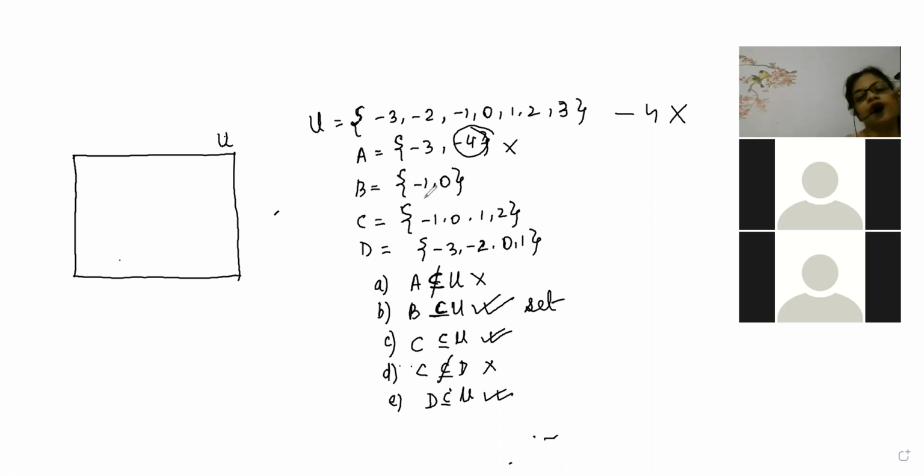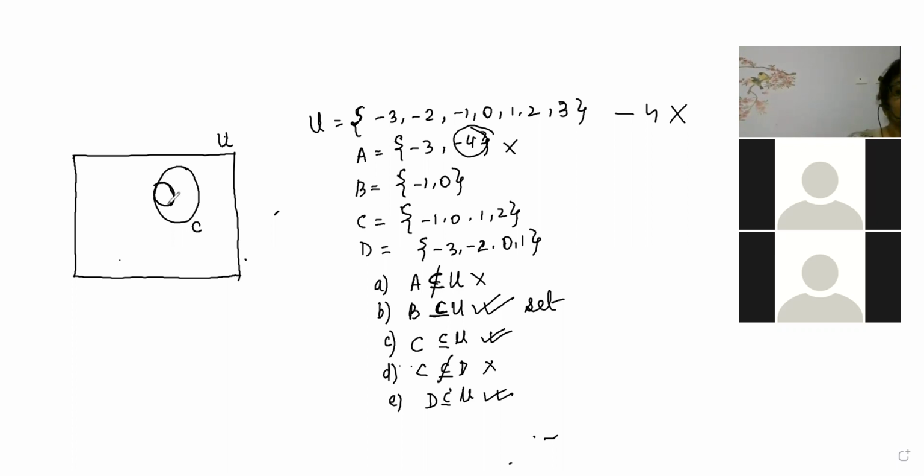So what we are going to do is keep B inside C. C is a bigger set, so B can go inside C. But B, C, D is having a common element, 0. So that common element 0 should be in D also. We will draw in such a way so that B can be in the boundary limit.